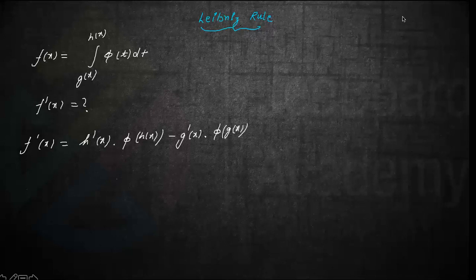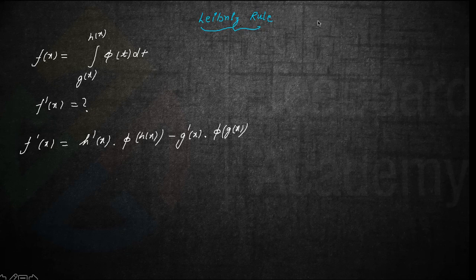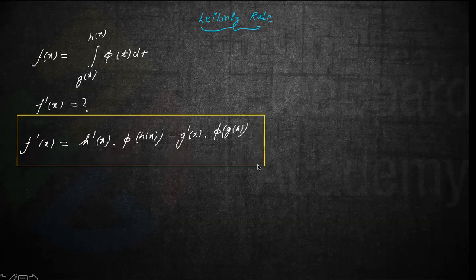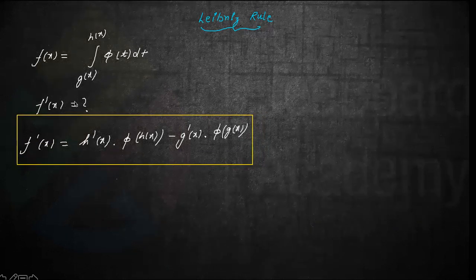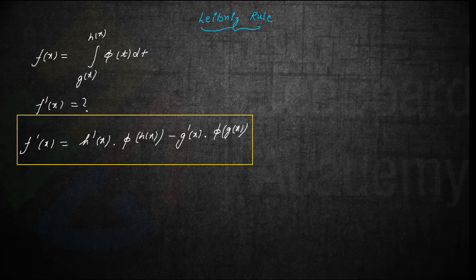So this is the derivative of the integral, and this will be used in the limits also, because limits can also contain this kind of integral where you'll have to apply the L'Hopital rule and differentiate. So all these things will be taken care of by this, right? Now you can easily prove this by having the integral, because once you know little basics of the integration, you will be able to derive this formula.